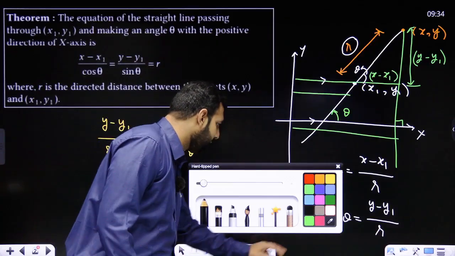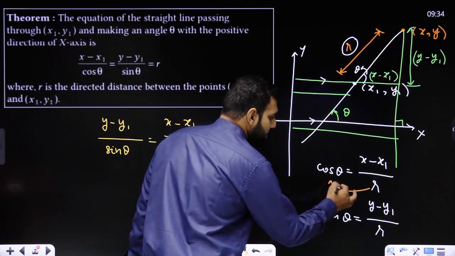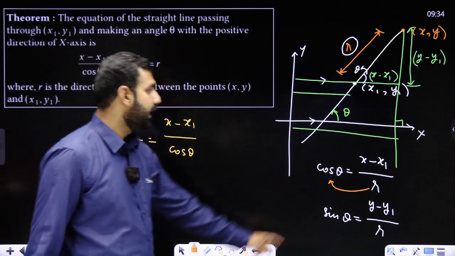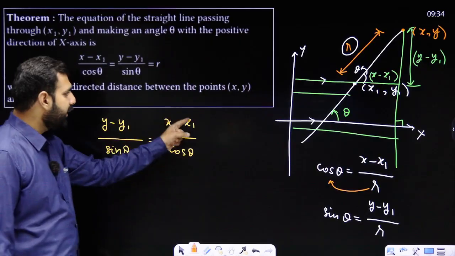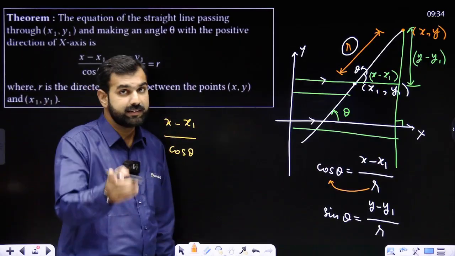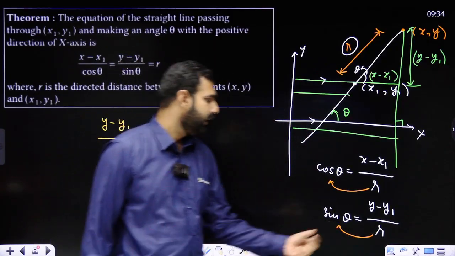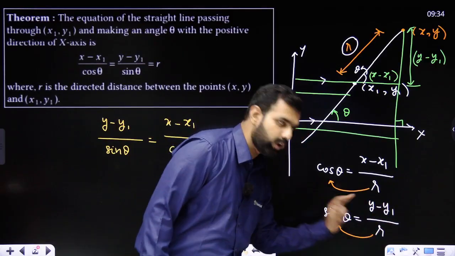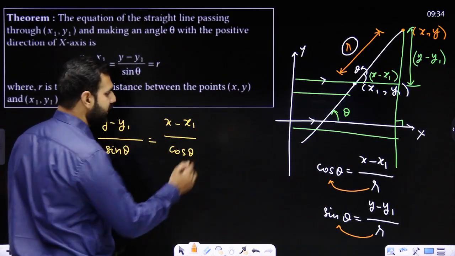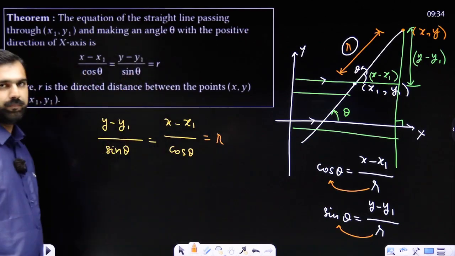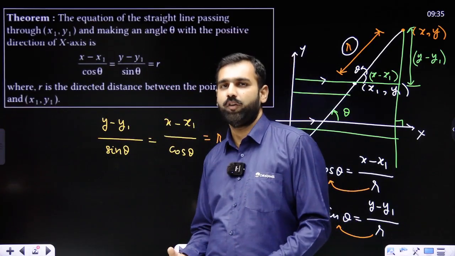Please understand, if I just do one more thing. Say, if I take this r on the other side and cos theta on the other side, can I say x minus x1 upon cos theta is going to be r? I repeat, x minus x1 upon cos theta is going to be r. Similarly, if I take this r here and sin theta here, can I not say that y minus y1 upon sin theta is also going to be r? Which means y minus y1 upon sin theta, x minus x1 upon cos theta is going to be equal to r. That's exactly what is called the symmetric form or the parametric form or the distance form